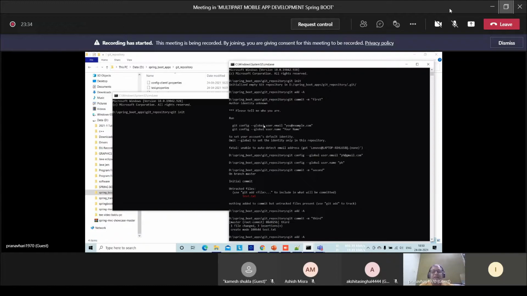This says that the first time we have used Git, so we must configure who is the user of this Git, their email ID and name. They have to be mentioned using the git config command. And these are the two global parameters. This will be asked only once. Setting of this user's details, we have to give only once.